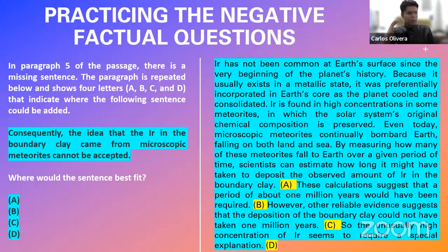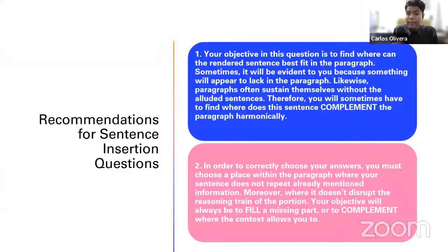Does somebody have any questions? Or is it correct? So what you have to do, as I said, is basically to follow the reasoning train, as we have done here. Reason, and when you find where this would fit better, then you put it there. In this case it would be option C, but I admit that option B was actually very possible. Nevertheless, option C makes more sense. As I say, it doesn't disrupt anything. Look at my recommendation: it doesn't disrupt anything, but it complements.